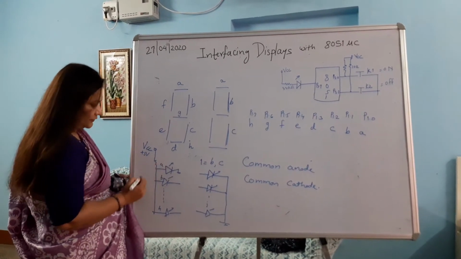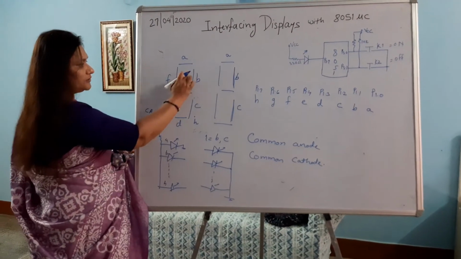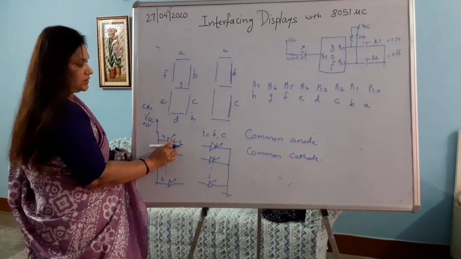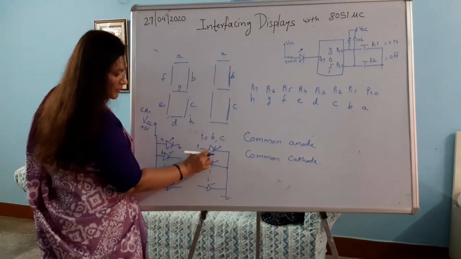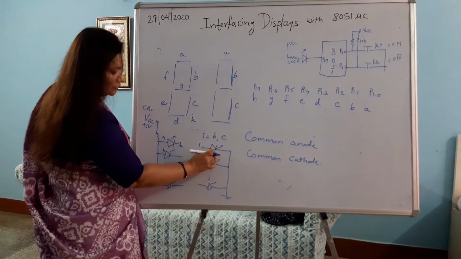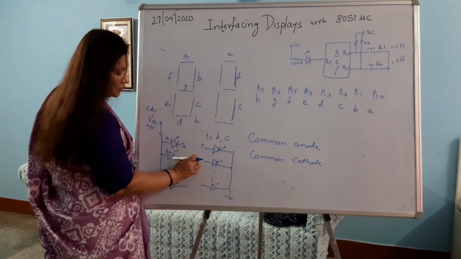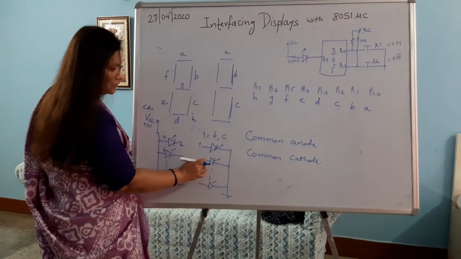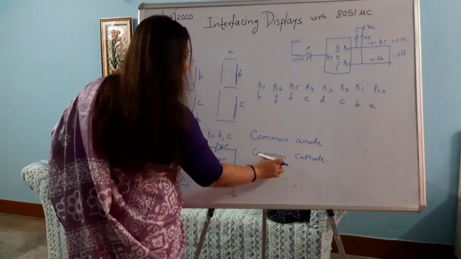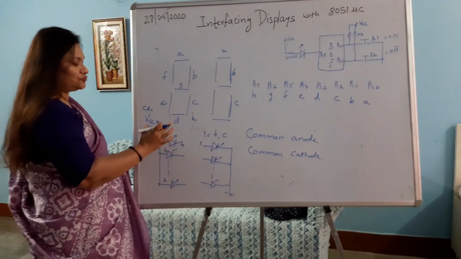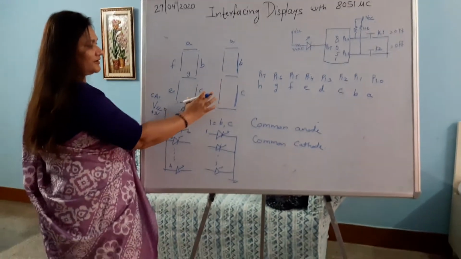This is common anode configuration. With common anode configuration, to glow a particular segment you have to put 0. And with common cathode configuration, to glow the LED you have to put 1. If you put 1 over here, this LED will glow. This other LED has its cathode grounded, but because it does not have logic 1 or plus 5 volt supply at the anode, it will not glow. So whichever configuration you are using, common anode or common cathode, while interfacing displays you have to make sure which configuration you are using, and accordingly you define the pattern.